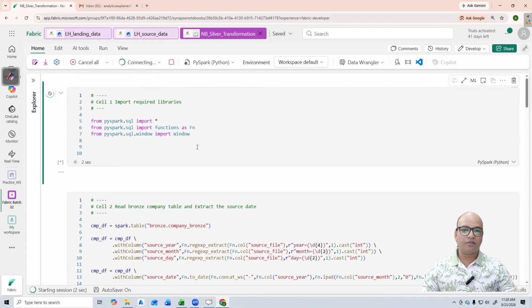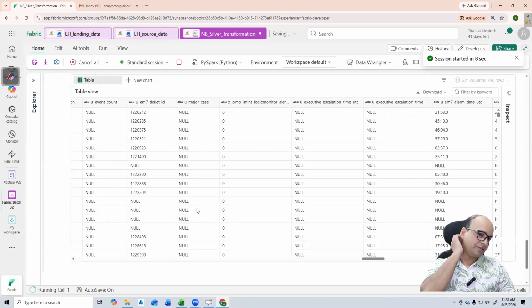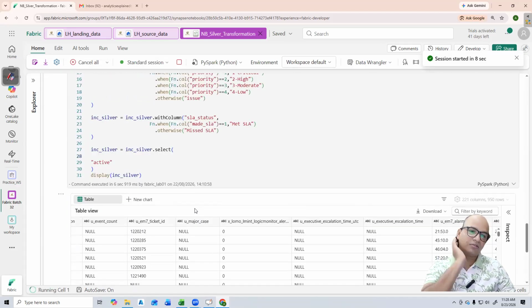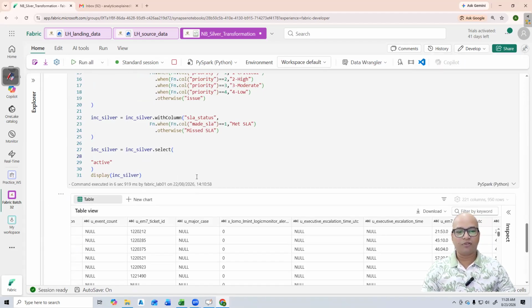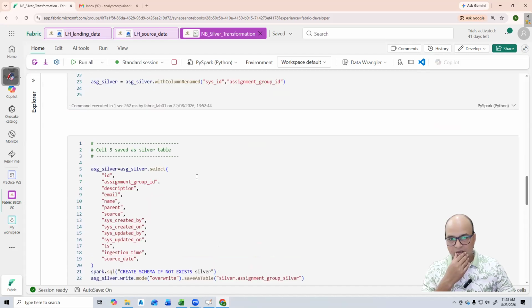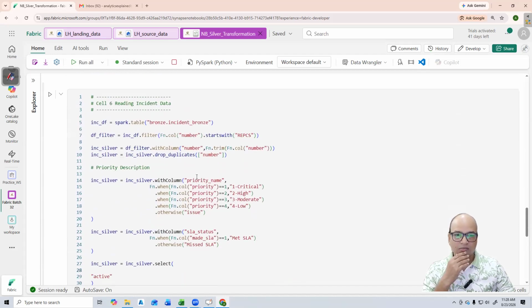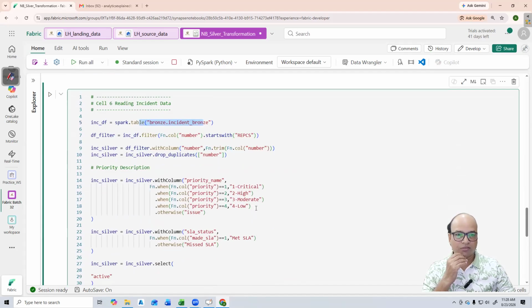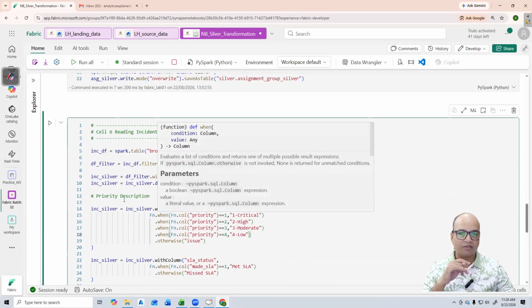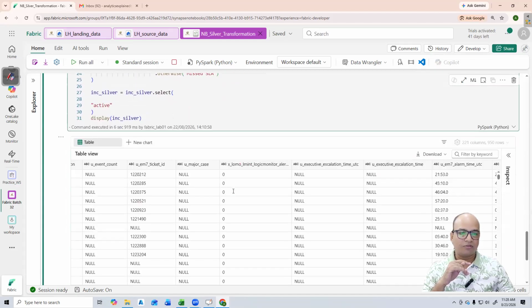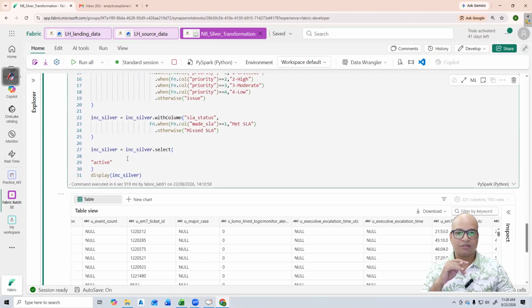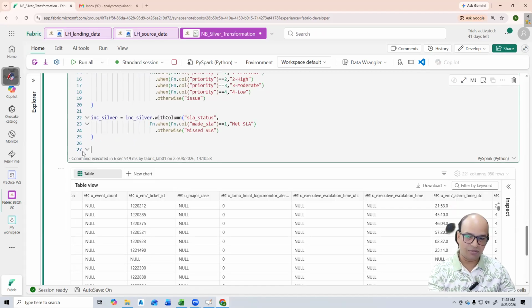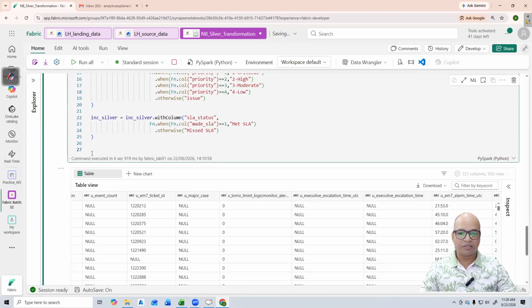Let me just run this cell and see. Meanwhile, I can just run the query like spark.sql. Oh, but that will not work because we have not saved it yet, right? No, I think we have just read it. Oh, that should be there then, because we have just read it and we have added that column here. So the active column should be there. This code is not needed. This is there already. So we can now say that, okay,